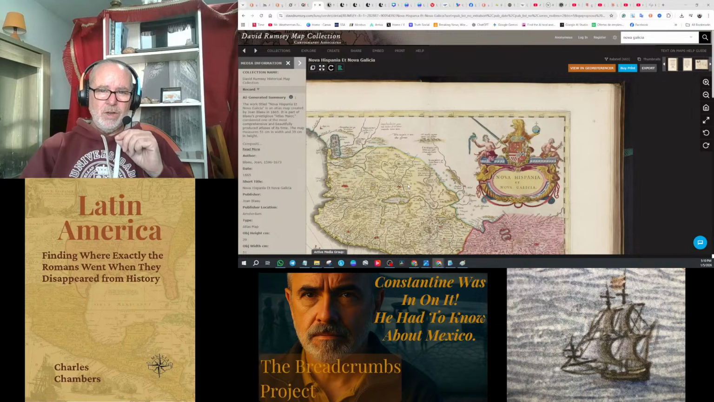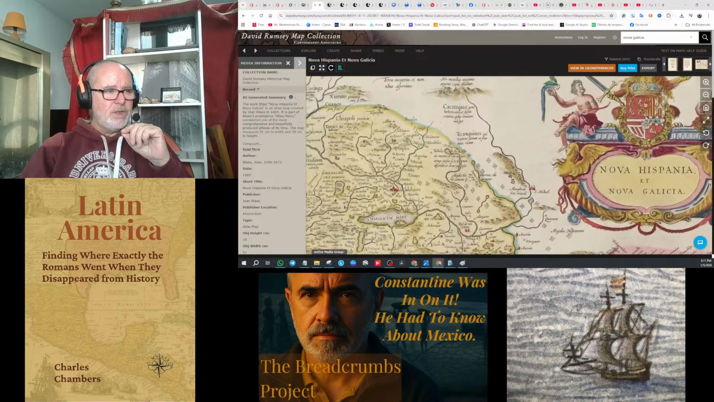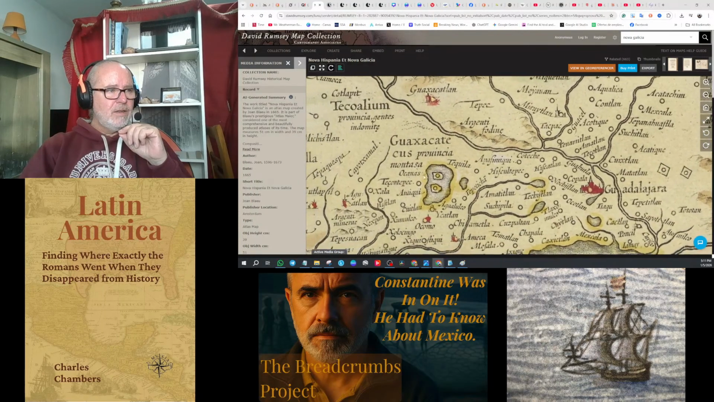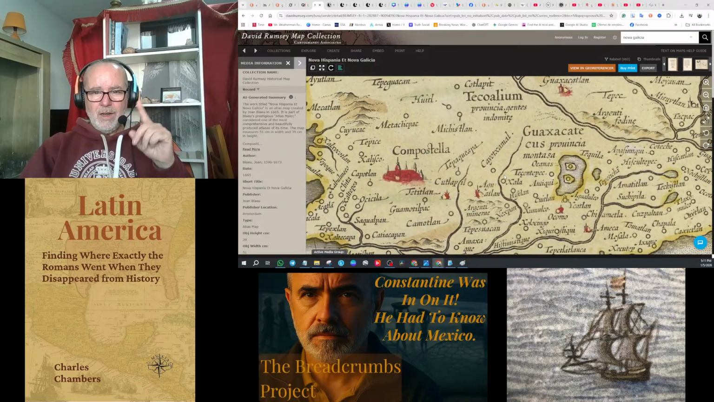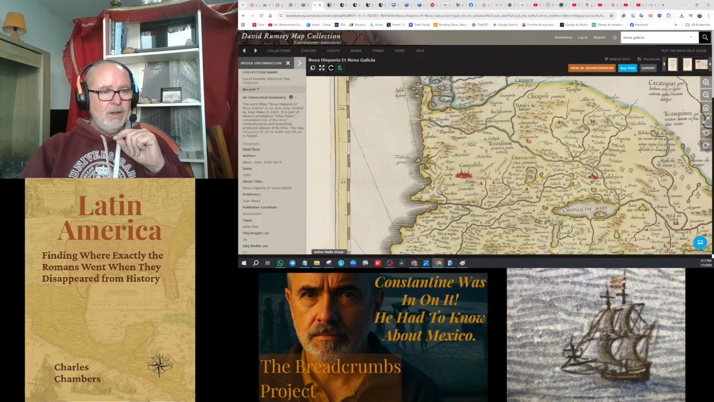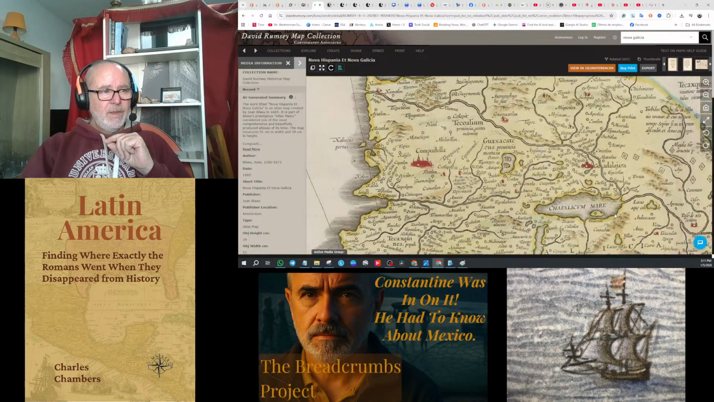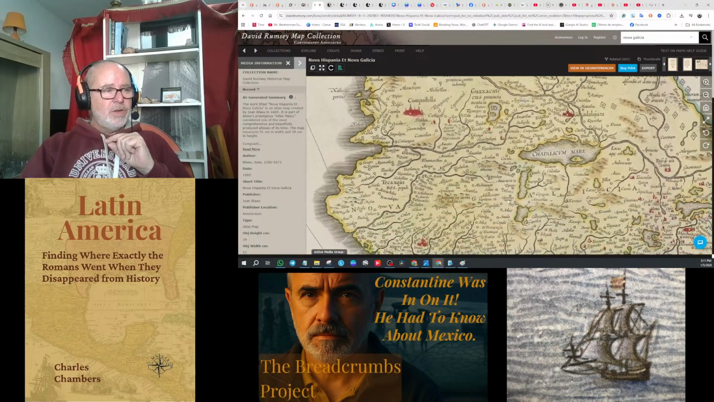And we can also tell you today that many of these cities, lakes, and ports are still there, including the very famous city of Guadalajara. And Compostela with one L is where it should be. And then Chapilicum Mare, which you can't get more Latin than that. And that lake is still there as well. But there are all these other cities. Oh yeah, here's the